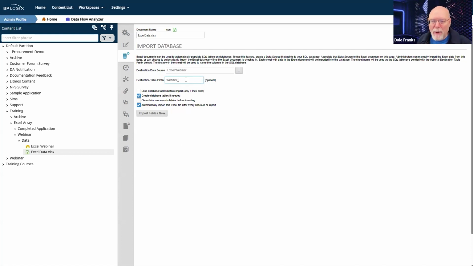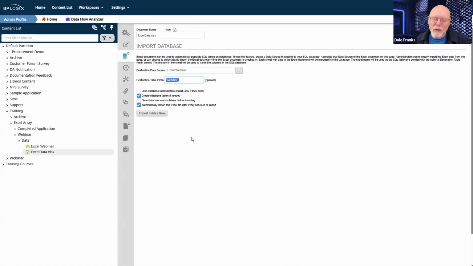Think a lot about that prefix as to whether you want it or whether you want to keep just the name of the table that gets exported out of SQL. Just something to think about. I tend to keep it just out of laziness so that it always says Excel generally.